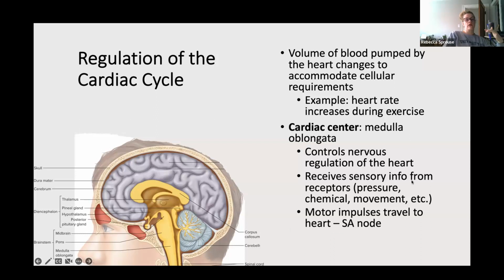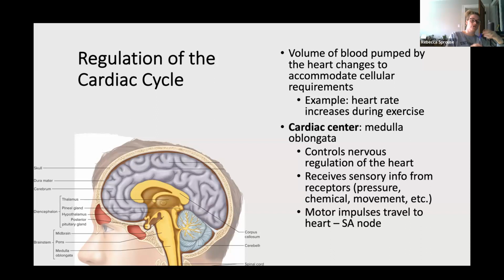And the sensory info comes from a lot of different things. Pressure for one, so blood pressure and heart rate are related. If your blood pressure is increased, your heart rate is also increased. And if you think about that, we're going to get into this a little bit later, but if your pressure is high, that means that there's a high volume of blood going through those arteries, or it's maybe hard to pump it. So your heart is going to accommodate for that by trying to beat faster to try and push it through faster. Also chemical